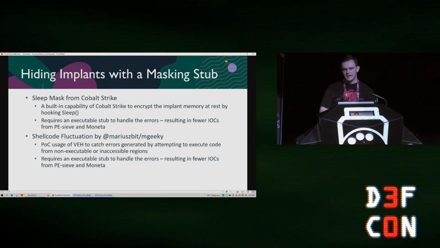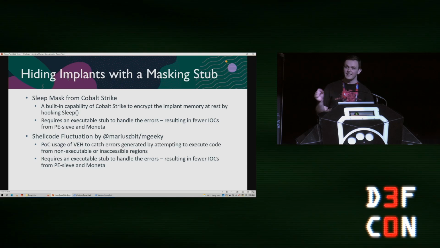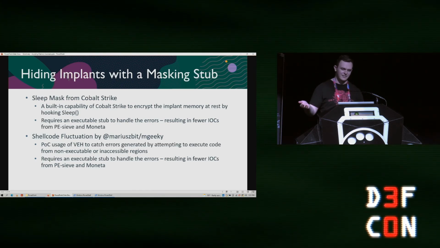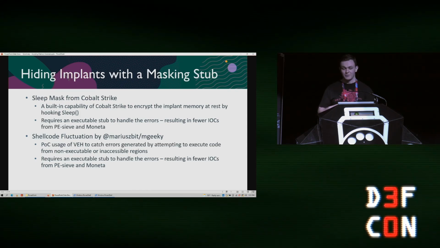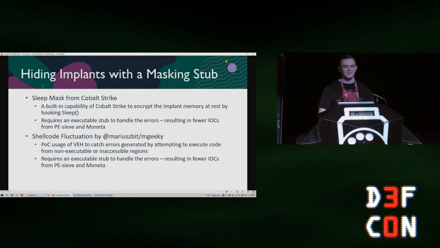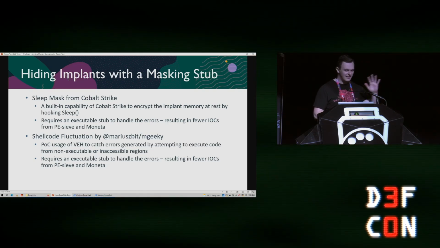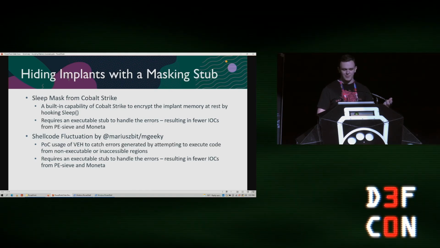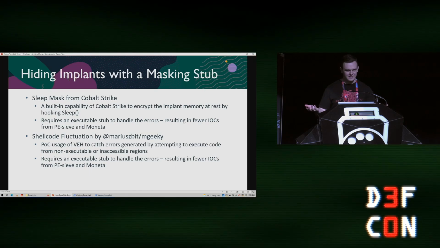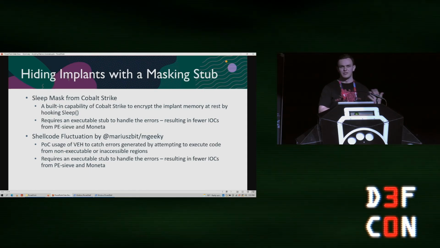All this is doing is it makes the memory inaccessible or non-executable, and it doesn't change it back. And so when the execution continues, it will try and execute non-executable memory, and it will generate an error. But before all of that, it registers a vectored exception handler. And so when that error gets generated from trying to execute inaccessible or non-executable memory, it will go to the exception handler, and that exception handler has to be executable for it to function. And then it will sort of fix the memory and resume execution.